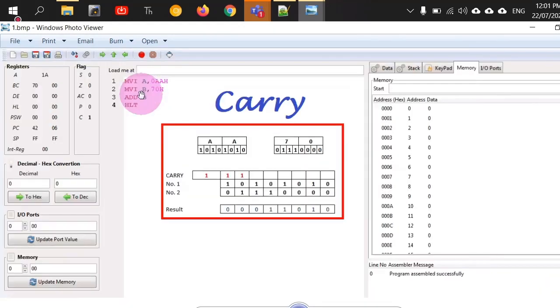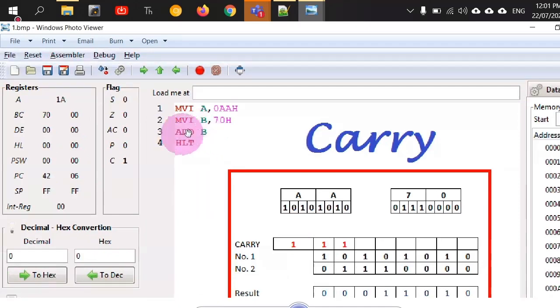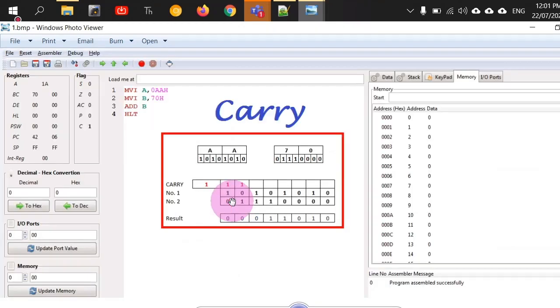Now another important point to notice: for addition, we have studied 2 types of command, ADD and ADI. Could somebody just point out the difference between ADD and ADI? We have done it in yesterday's lab. Sir, ADD is used for registers and ADI is used when we have to add an immediate value. Immediate data. Similar is the case with subtraction also. You have SUB and SBB, right? SUB and SUI, right?